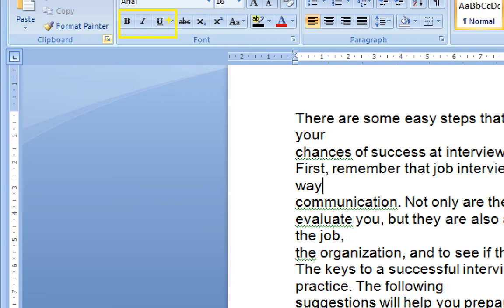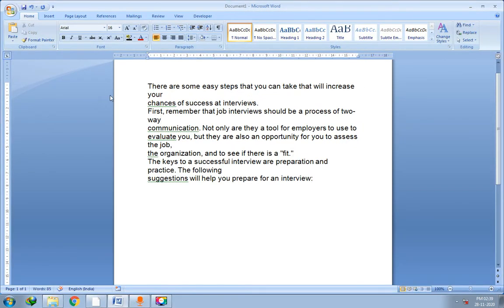Now one by one I will show you. First of all, to apply these font styles you have to select the text. How to select the text now? Take the cursor to the beginning of line or wherever you want to select the text, and then click the button and take the cursor over that particular sentence. So I have selected these 2 lines.